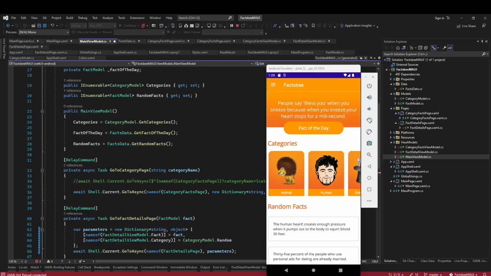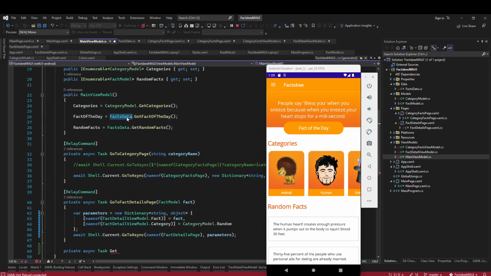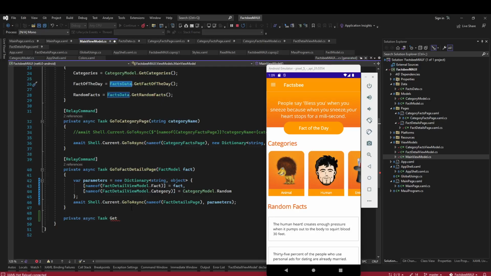Do we have that method, get fact of the day? Yes, fact of the day. We are directly getting that from facts data. Instead of this, what we should do, we should check. Okay, let's create one method, get fact of the day,